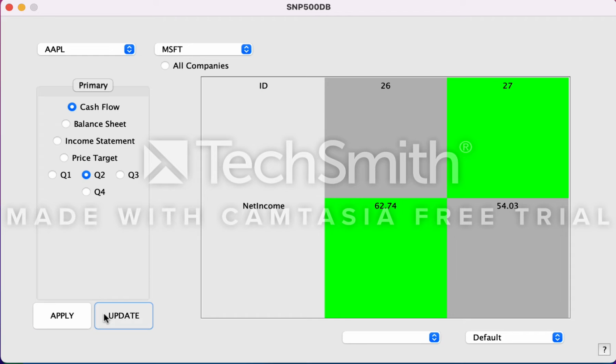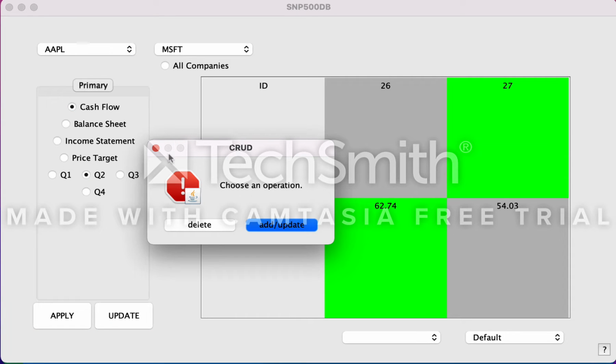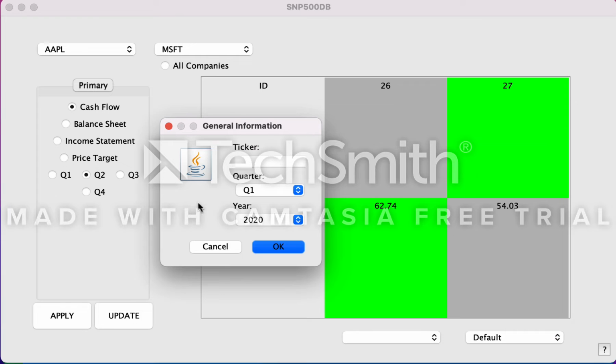Another thing we can do is update the data inside the database. You can add/update. Basically how this works is we enter a ticker symbol for a stock that you want to add to the S&P 500 database, or a stock that already exists and you want to update the financial information for. So let's make up a ticker, AAA. Then I want the data for quarter 2